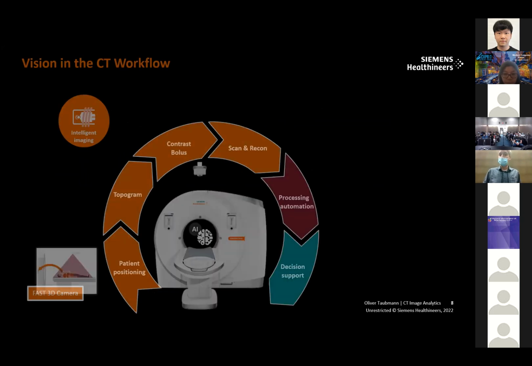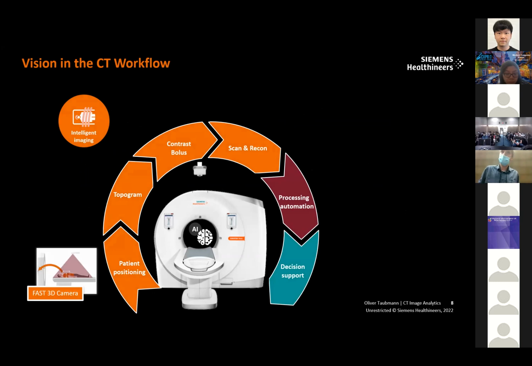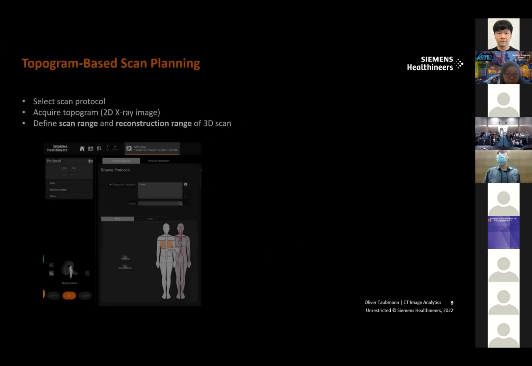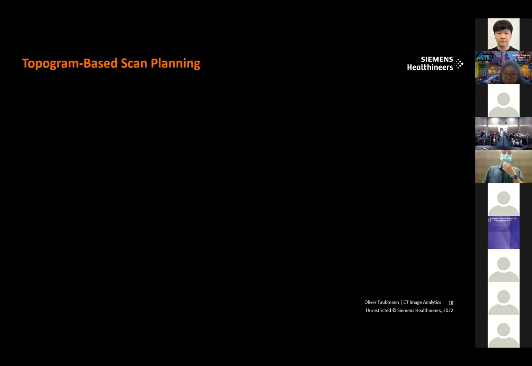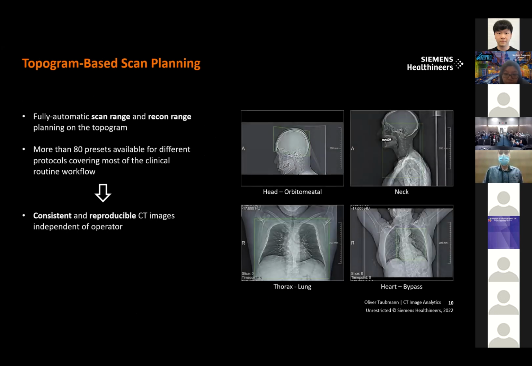Now, once the patient is positioned, typically you still don't acquire the actual CT scan. You would first acquire a topogram instead. And a topogram is basically like a 2D X-ray scan that you acquire with your CT scanner to plan your subsequent 3D scan. You would use it to define the scan range in the axial direction and the recon range in plane. And here again, detection models can help to automate this task, which is somewhat tedious